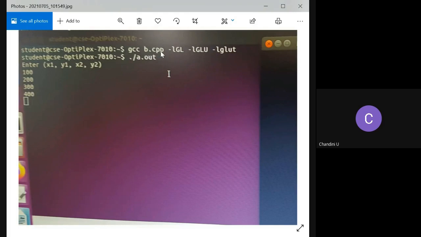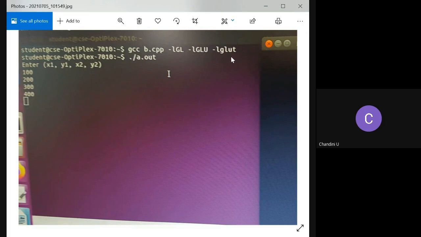Once you give the filename.cpp, here you can see minus l link gl. This GL should be in capital, and then link GLU is again in capital, with the l in small. Again, link glut: if you give this glut in capital, then your program will not execute.